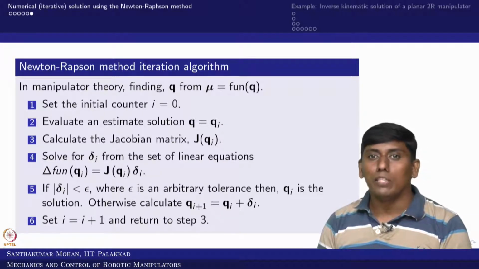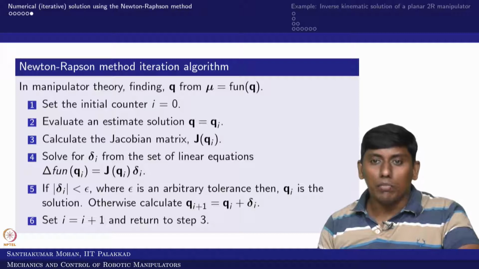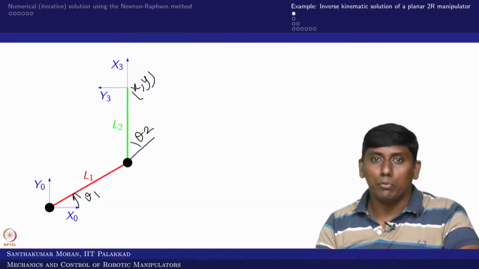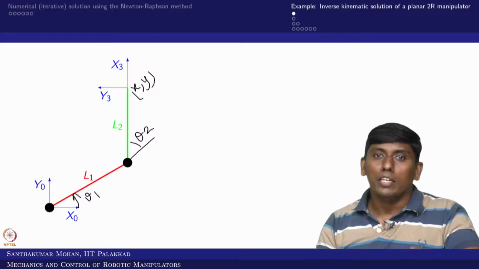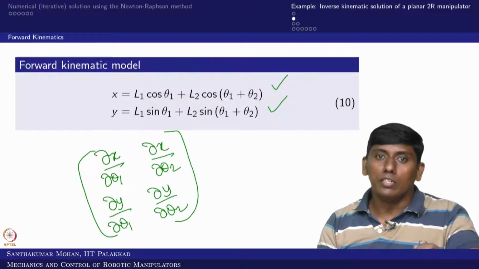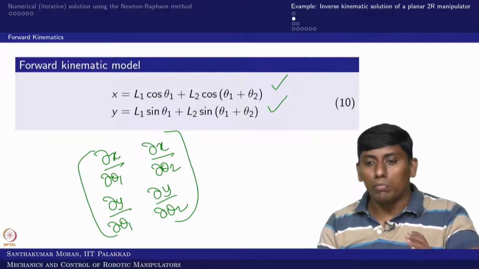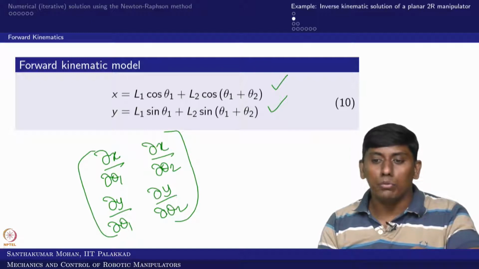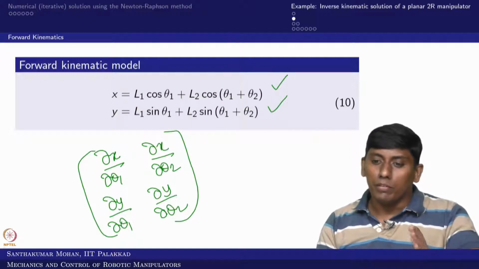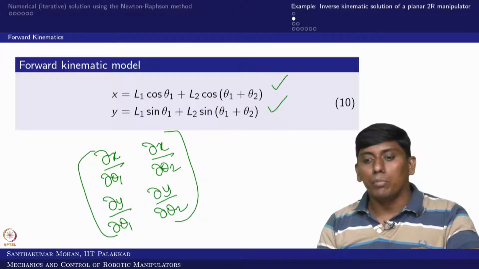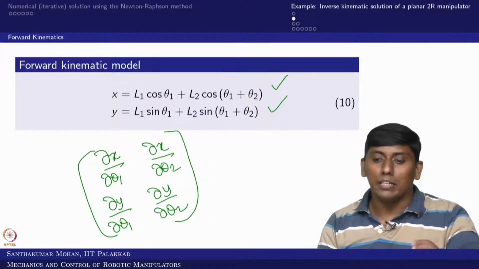In addition to that, what we are supposed to know is J of q, the initial guess of q, and mu. Mu is a function of q. These all need to be known. So, if we write the MATLAB code for this 2R serial manipulator, if x and y are known, can we find theta 1 and theta 2? For that you know this equation, where x and y are given as functions of q, here theta 1 and theta 2. If this equation is known, then we can find the Jacobian matrix in the way of partial derivatives which I have written on the board.